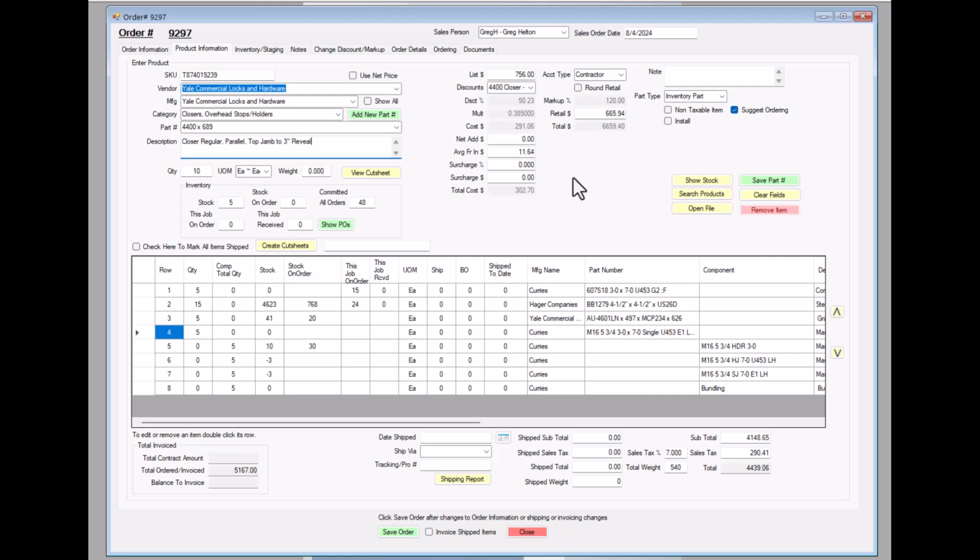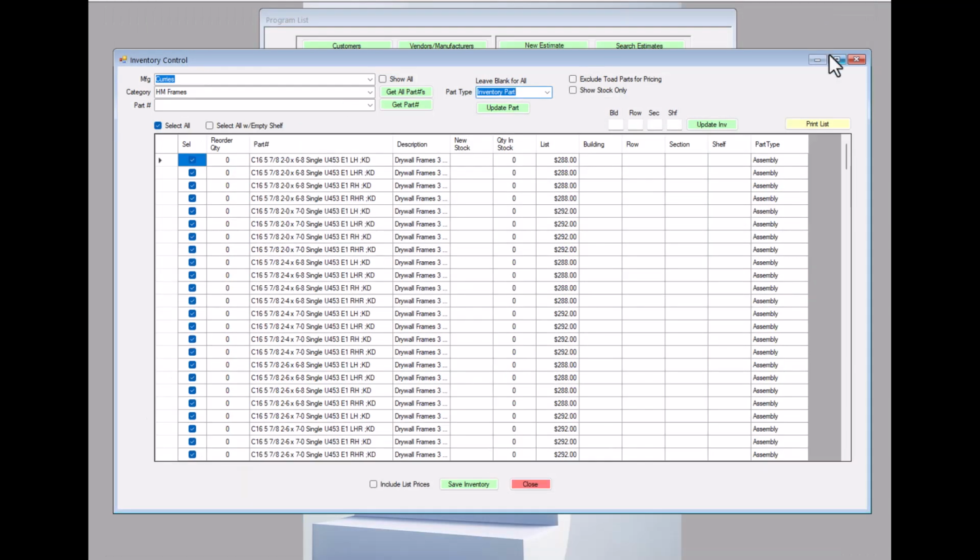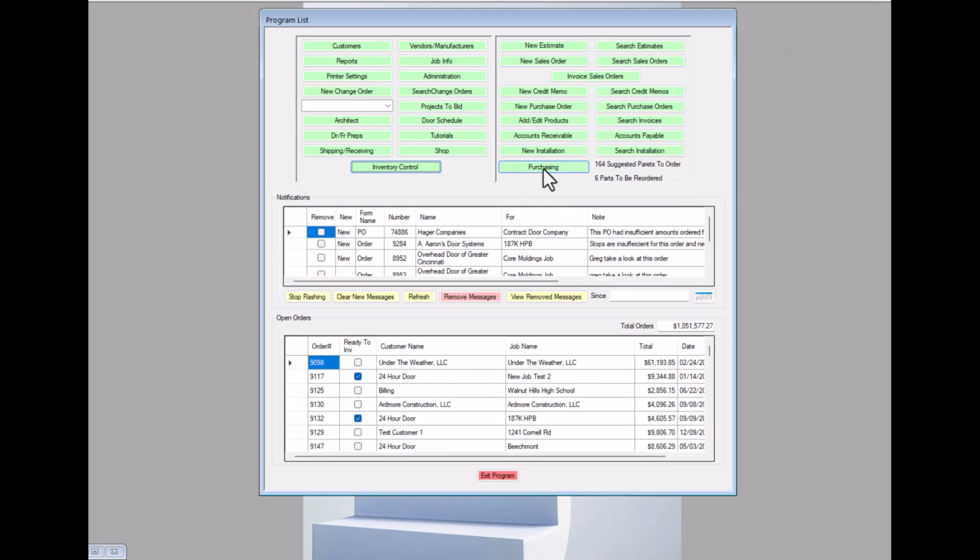So now when I save this to the list, it's going to add this part number to the suggested order list in your database. Now that is something you would get through, and this is actually covered in another tutorial. We've added this button here called purchasing. You can see this tells us right now that we have 164 suggested parts to order, and then 6 parts to be reordered. So we now have reordering,